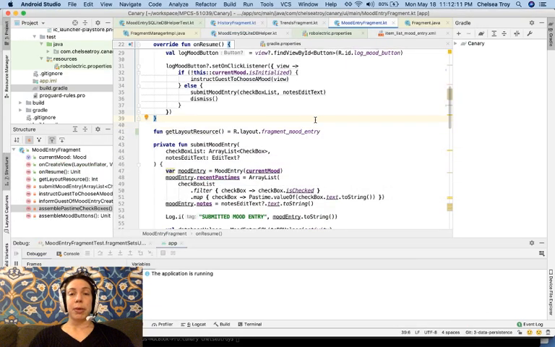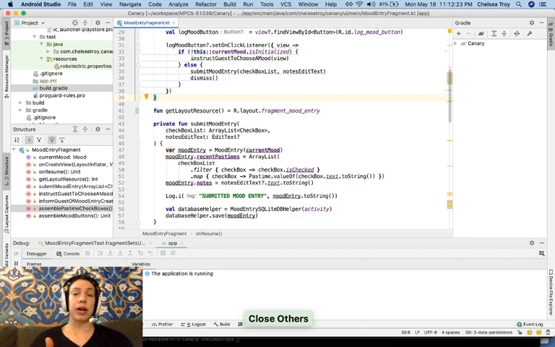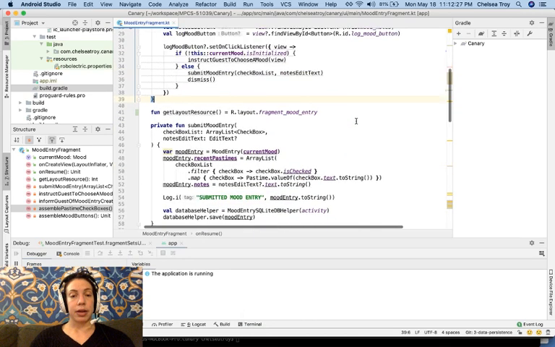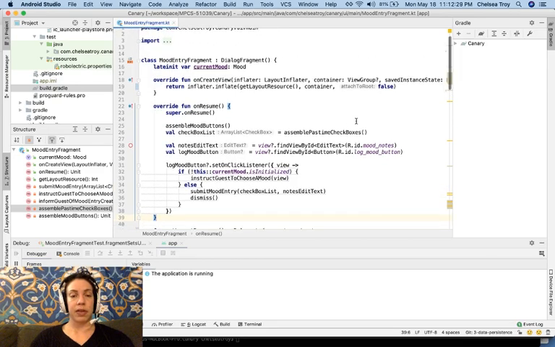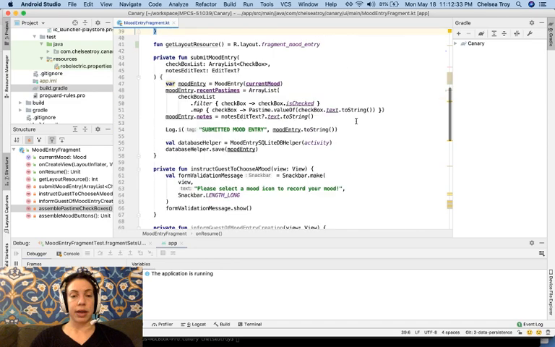Now, let's be a little bit more specific with how we're trying to look for information in our application. So let me close out of everything, and I'm going to do that with Command Shift W. That closes all my code windows except for the specific file that I'm looking at right now. I'm in the mood entry fragment, and I'm interested in following some stuff that's happening in here. So in my mood entry fragment, let's say